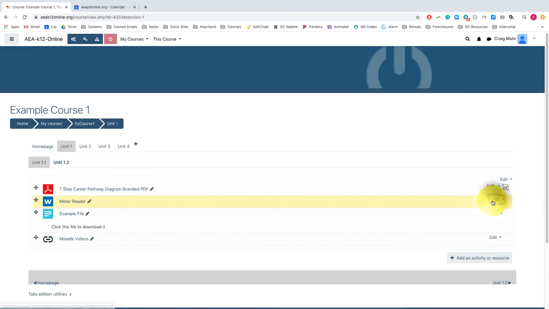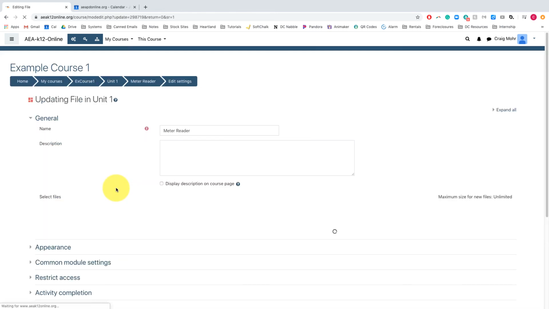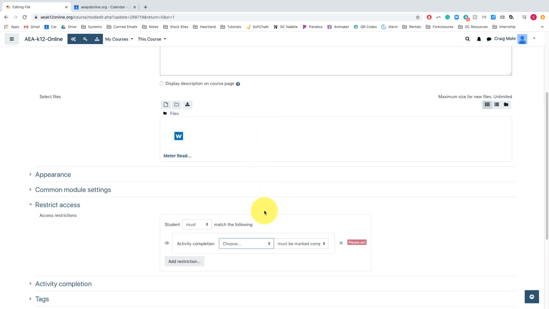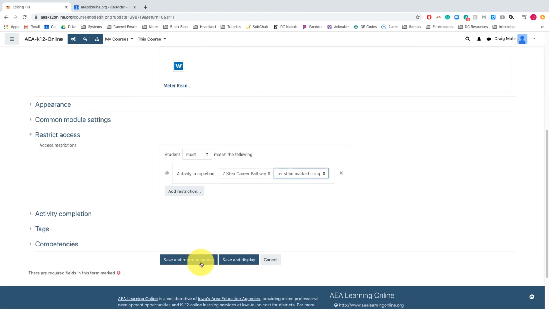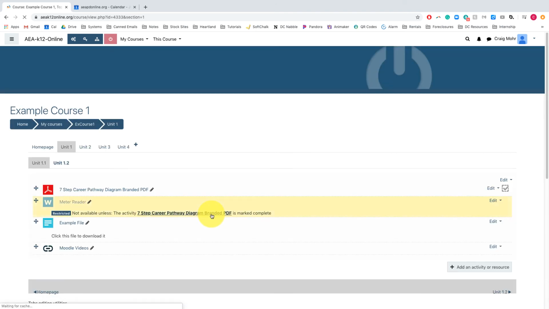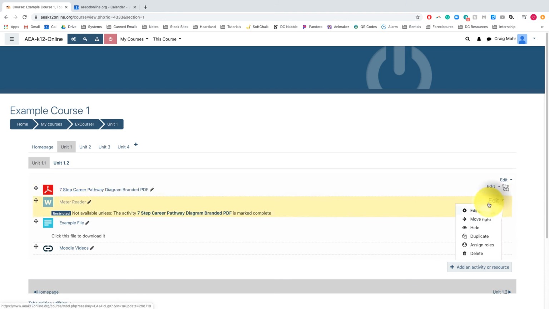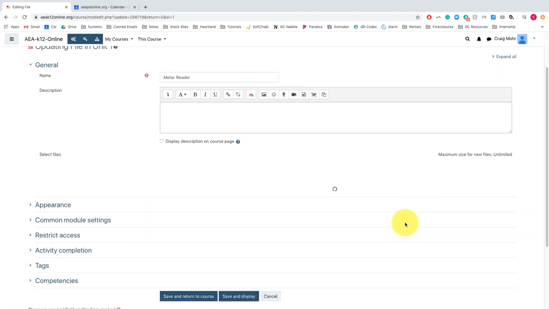Now, I'm not going to make this one available until that one's marked complete. So I'm going to restrict my access, and I'm going to say you can't get into this until this is marked complete. This button right here tells you if it's going to be visible or invisible. So right now, it says it's going to be grayed out. Students are going to see this activity, and this one is grayed out, and it's going to say you can't get this until you open this one. But if you change that eyeball to have a cross through it,